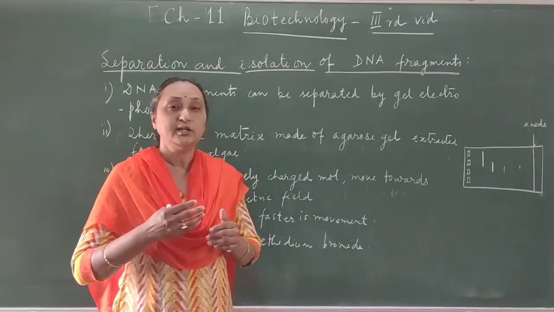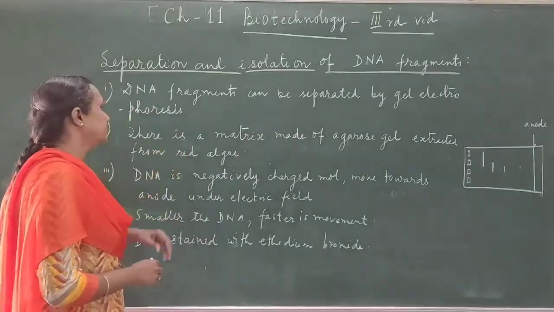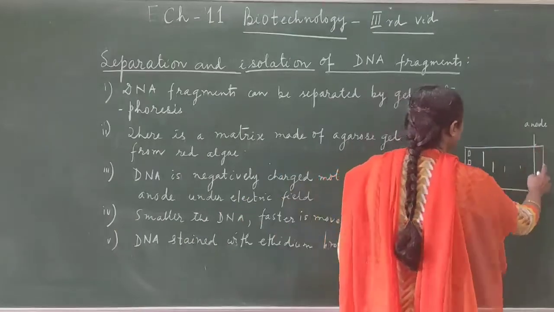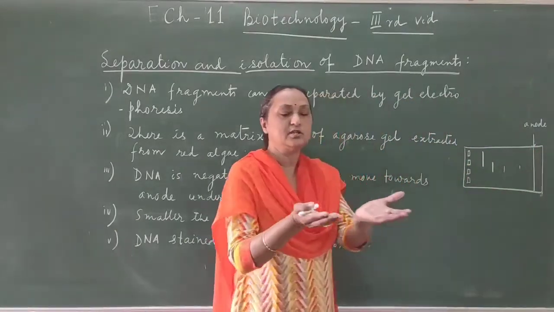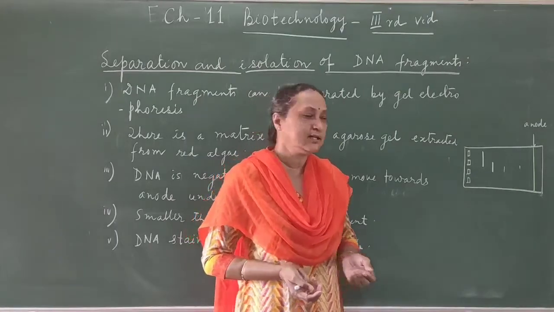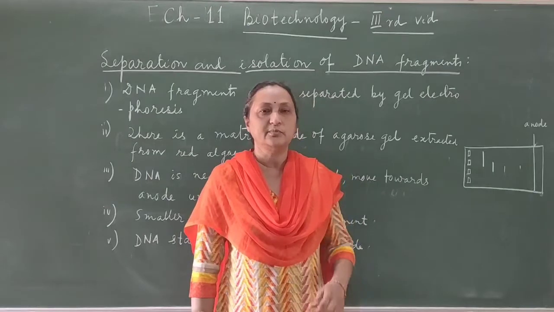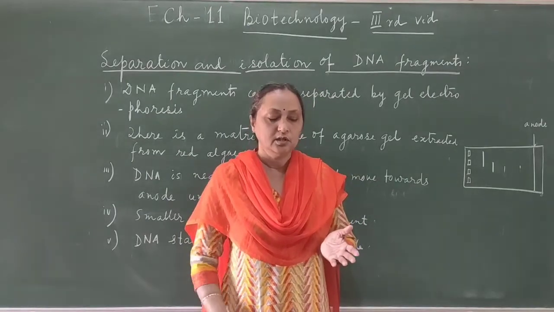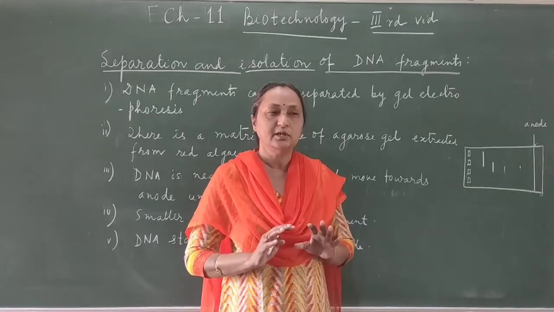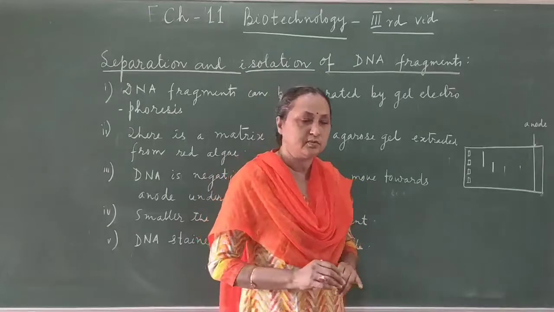Okay. Now how are we separating these DNA fragments? That technique is called gel electrophoresis. Now here you see the diagram. So this is the matrix. You can find there is a ground substance, and that is called the matrix, and the matrix is made up of agarose. Agarose is a chemical compound which is obtained from the red algae. If you are preparing a medium with the help of agarose, then that is a semi-solid medium, white and transparent. Okay.